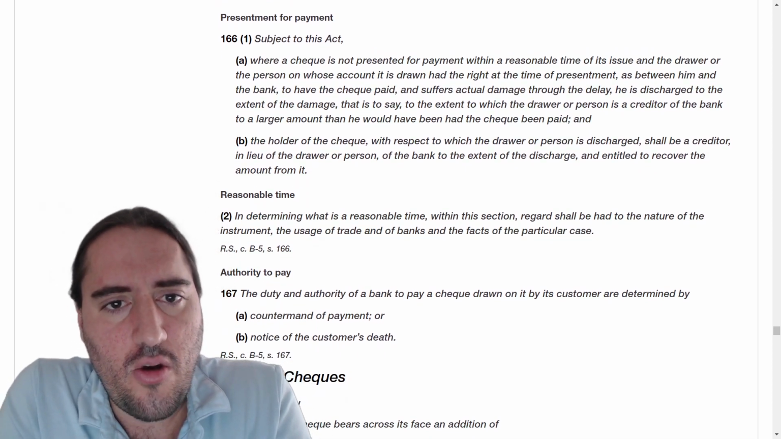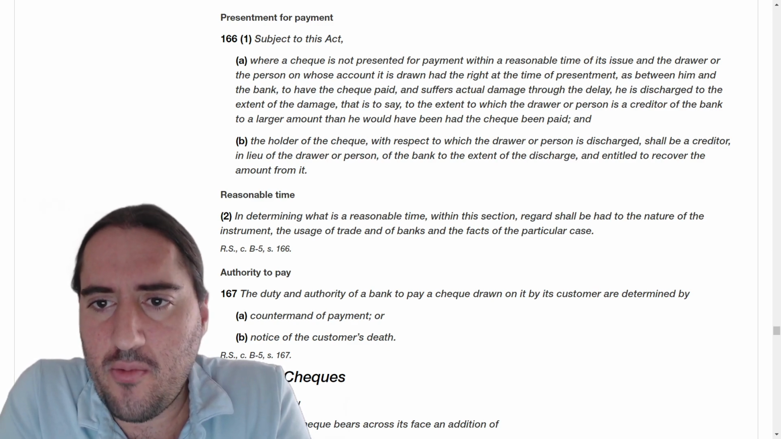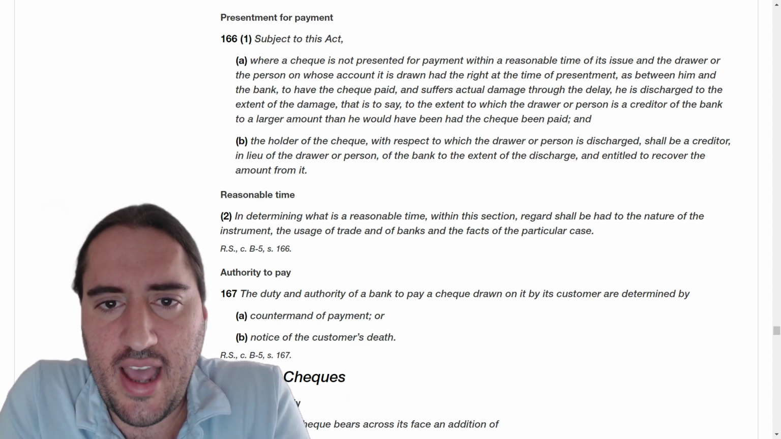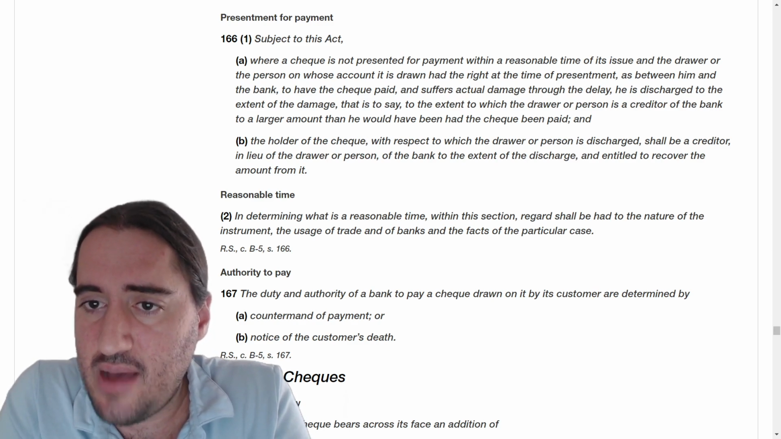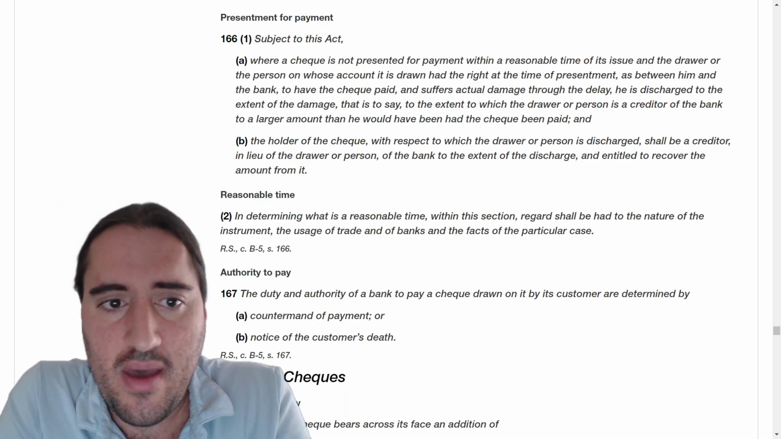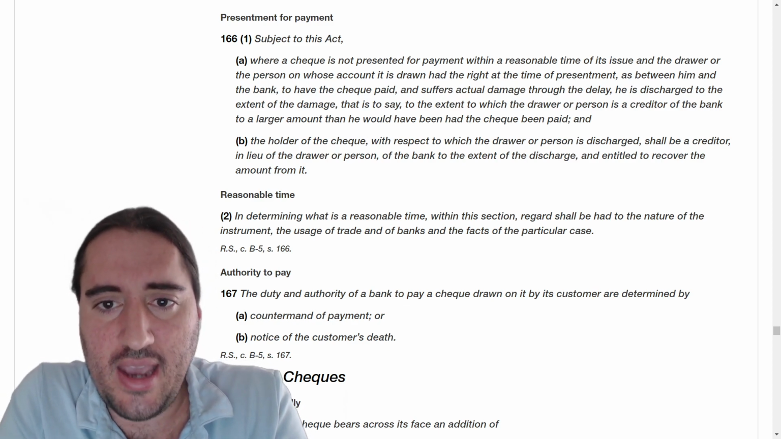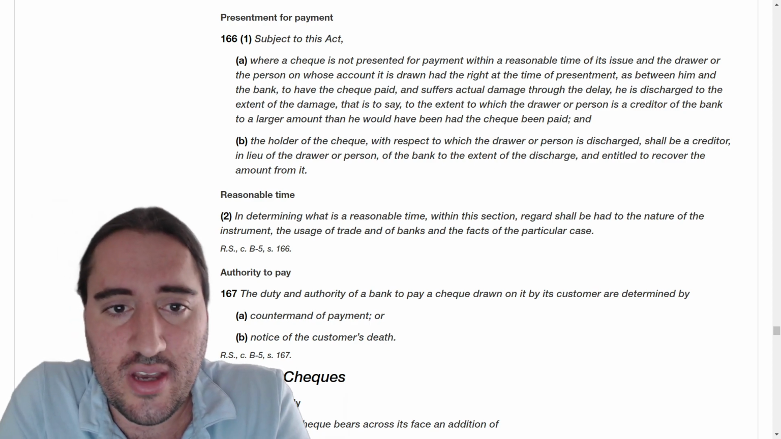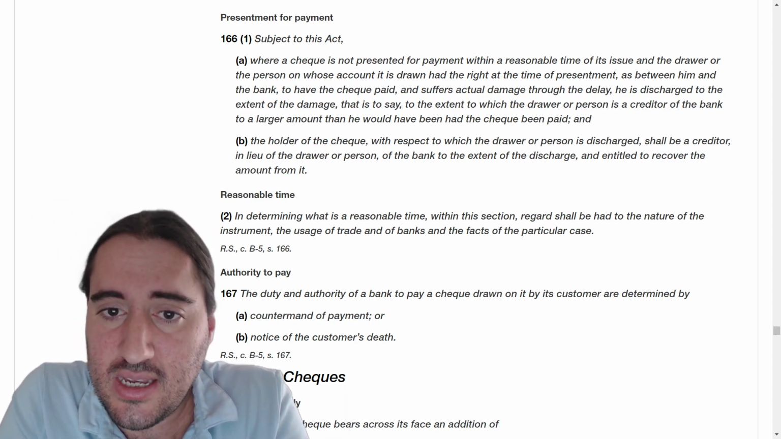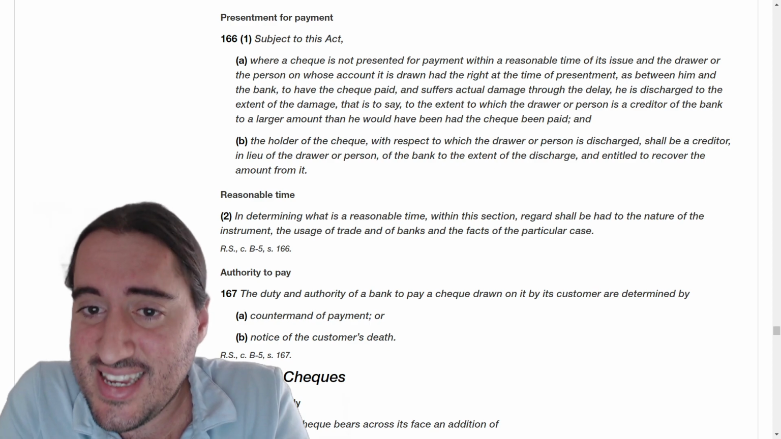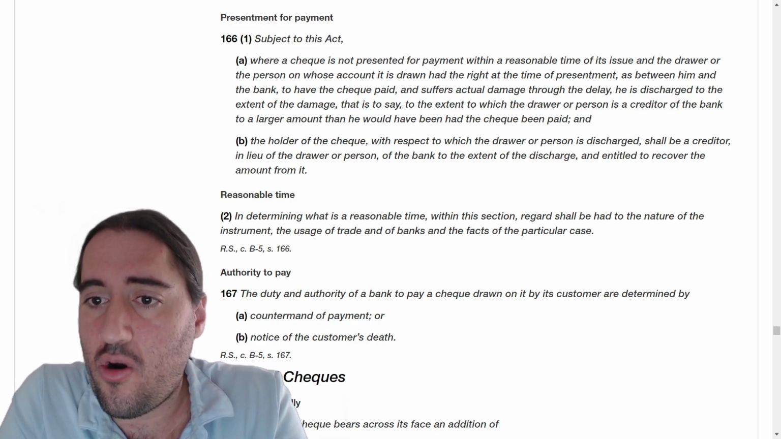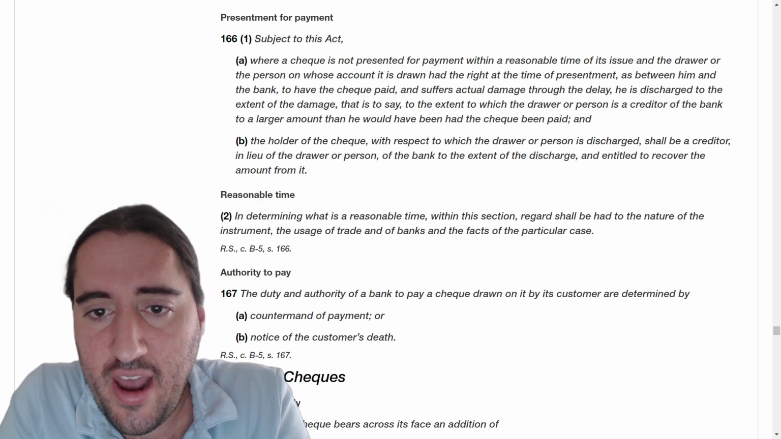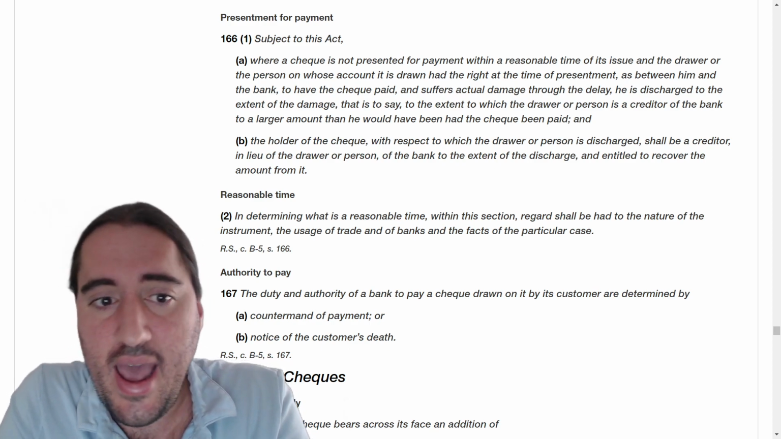Presentment for payment. Subject to this act, where a check is not presented for payment within a reasonable time of its issue, and the drawer or the person on whose account it is drawn had the right at the time of presentment, as between him and the bank, to have the check paid and suffers actual damage through the delay, he is discharged to the extent of the damage, that is to say, to the extent to which the drawer or person is